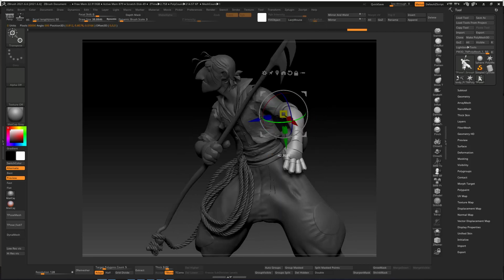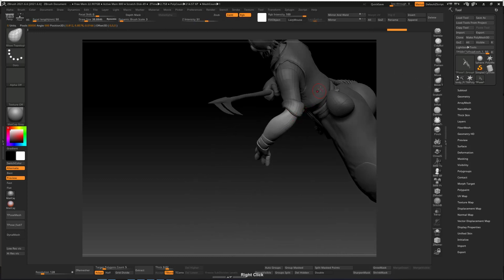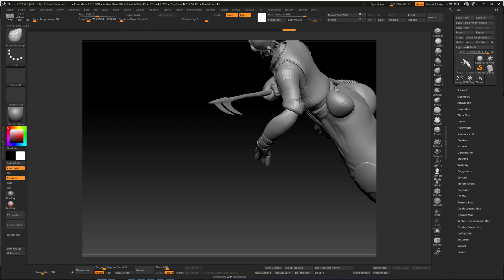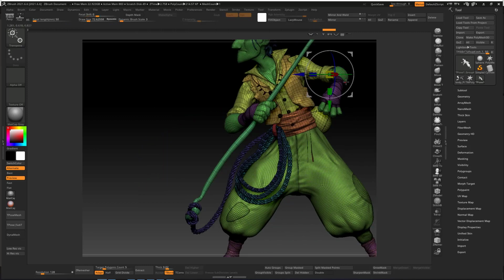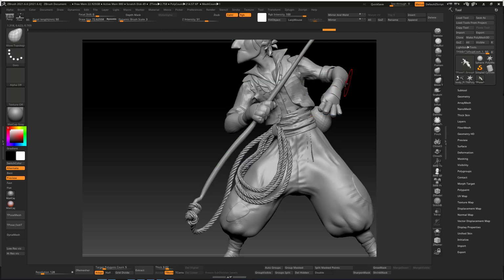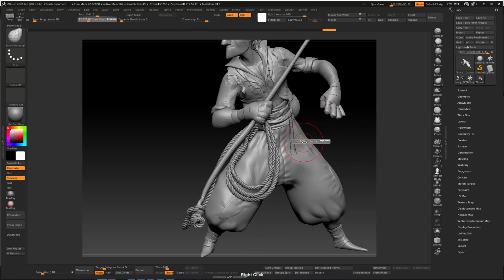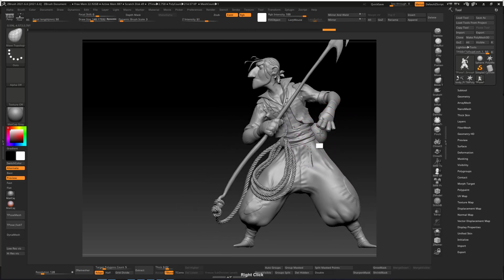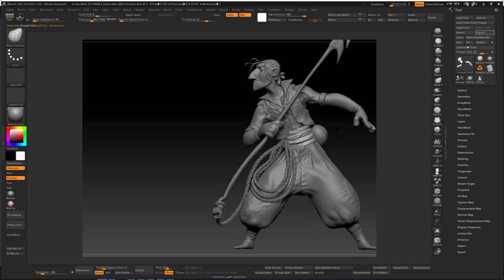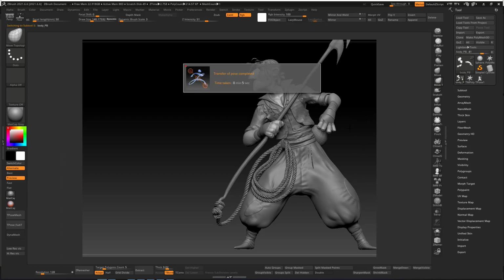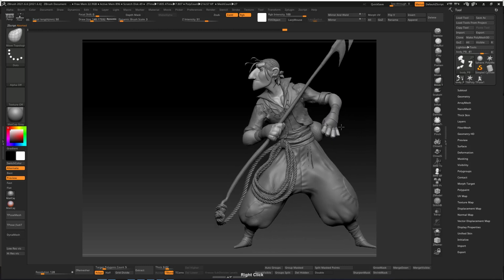So I can just adjust this, and you can do this in seconds and quickly pose your character. You can quickly adjust things. You still have your poly group, which makes it easier for you to isolate objects if you need to. So just pose this, and you can fix different poses that you want. And once you're done, you can just click the escape transpose tool. It's going to maintain the separate objects, but you've gotten the changes applied onto it.